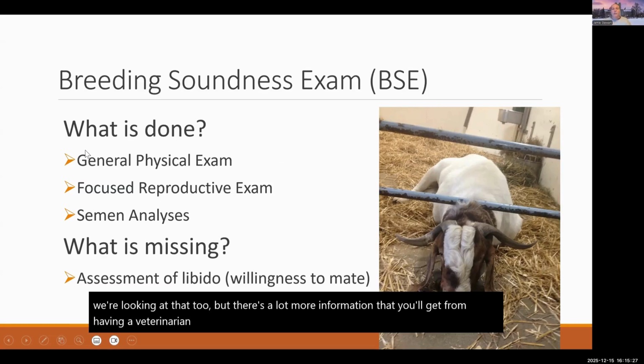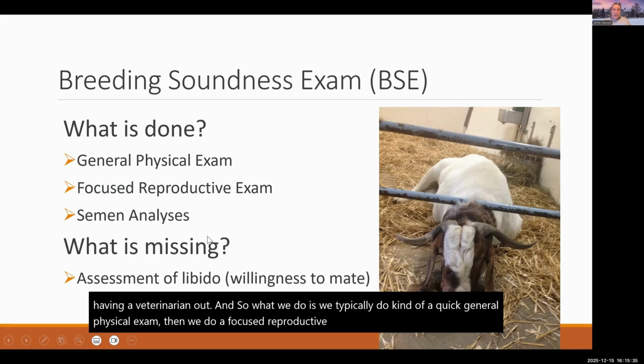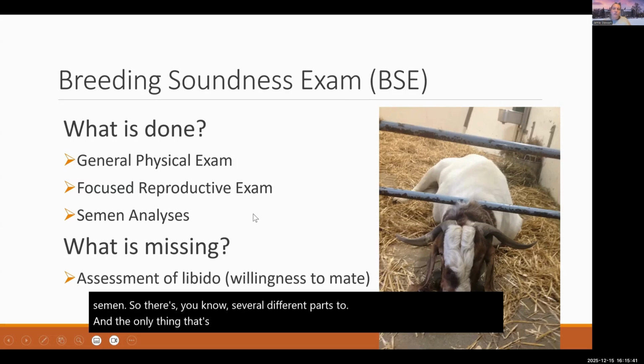And so what we typically do is a quick general physical exam, then a focused reproductive exam, and then we analyze the semen. So there's several different parts to it. And the only thing that's truly missing when we do it, and most of the time this is because we're doing this with a process called electroejaculation,